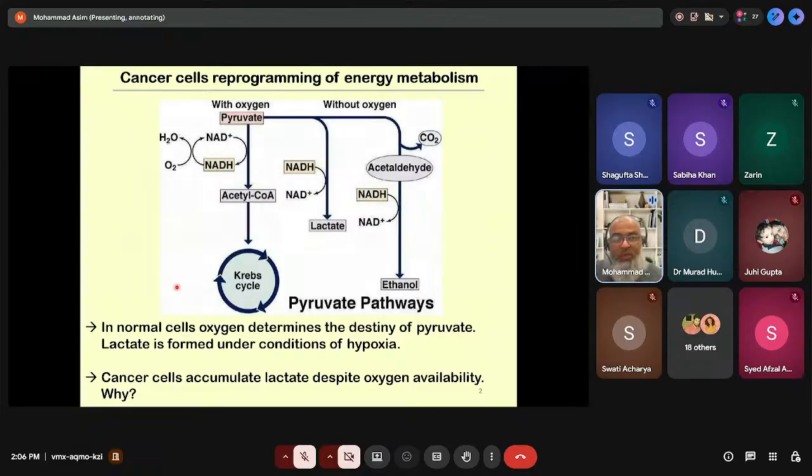So these cells are not something the immune system will be able to see and attack. There are multiple advantages, which are textbook advantages. What I'll try to do is give you a brief overview of how it works and what the key advantages are to cancer cells,